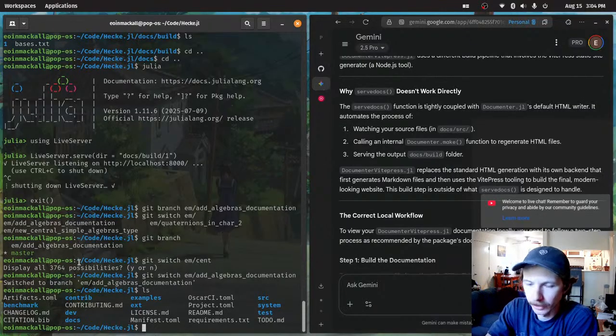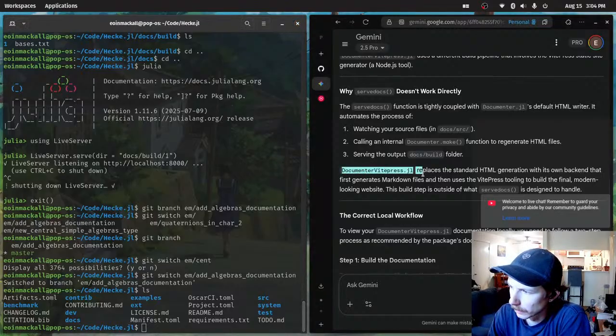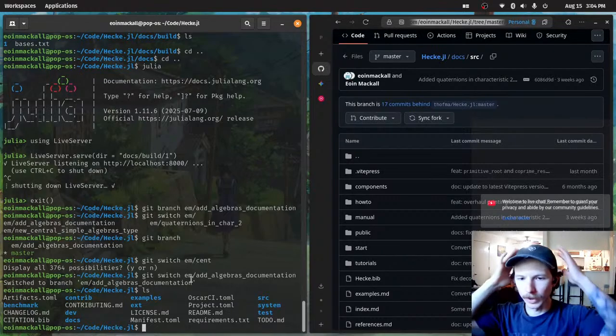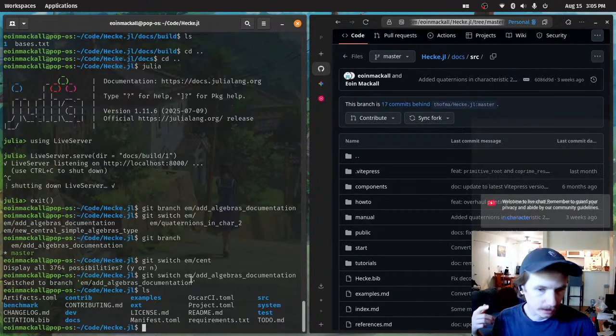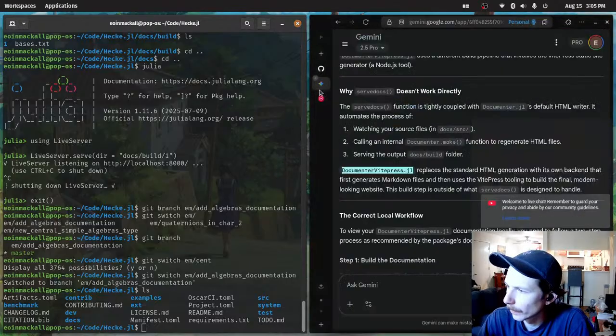I think I have it figured out, at least how the local server's running. So a big issue is just using the vitepress.jl package instead of just the documenter.jl package. We can't directly track the changes made to source files. So every time we want to see an update inside the local server, we have to rebuild the docs. And then we might either have to refresh the server or restart it completely. That's not the end of the line, right? That just means that is what we do to write the documentation. The thing that I'm thinking is like,